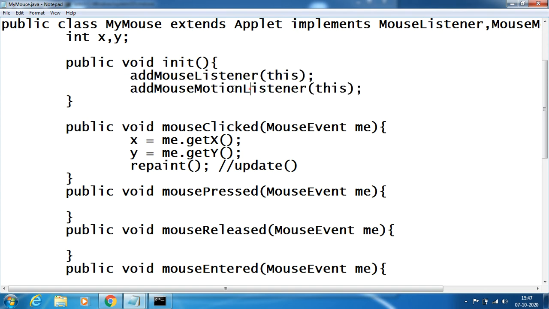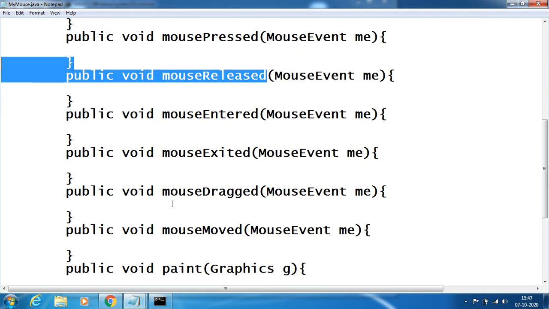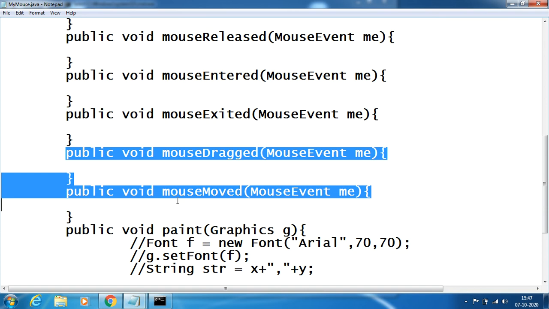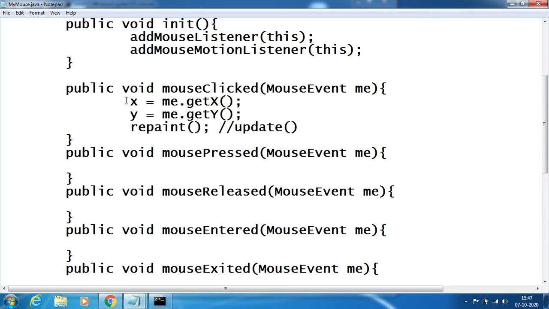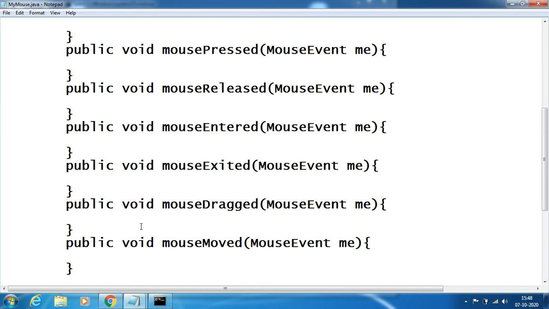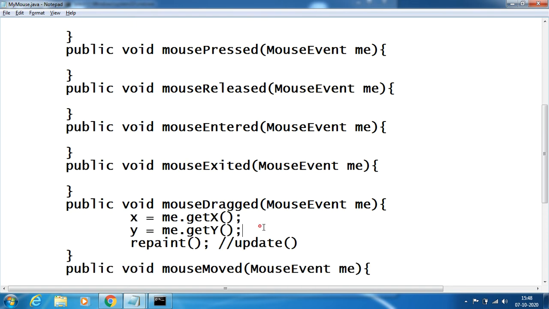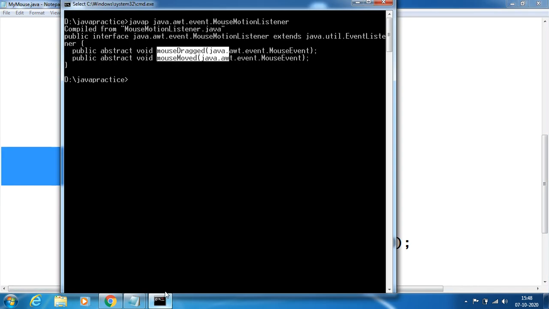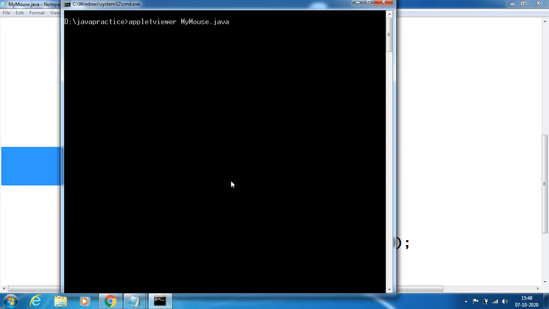Every time I choose the event source, I have to add the listener, I have to implement the listener, I have to override the methods of the listener, and I have to perform the action. For example, the same logic can be kept inside mouse dragged. Earlier I kept it in mouse clicked, now I kept it in mouse dragged. Compile the program and run it.